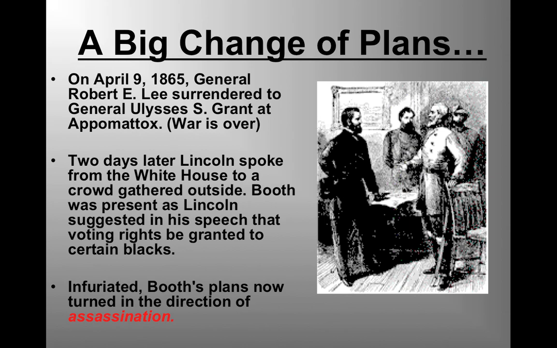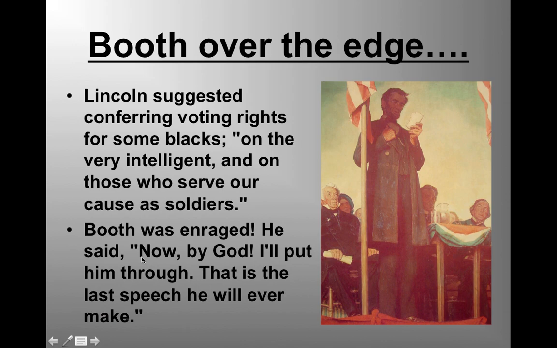Keep in mind that Lincoln has now freed all slaves in the Confederacy. The Confederates have lost, and so now Lincoln is building on this momentum and wants to give African Americans more rights. Now, as you might suspect, John Wilkes Booth was not very happy about that. John Wilkes Booth is a man who hates African Americans. He's a man who is very racist. And so he becomes infuriated, and now John Wilkes Booth's plan is not to just kidnap Abraham Lincoln. The plan now turns to, I'm going to kill Abraham Lincoln, is the thought process of John Wilkes Booth. All because Lincoln just mentioned giving voting rights to certain African Americans.